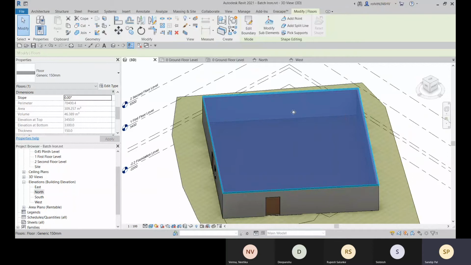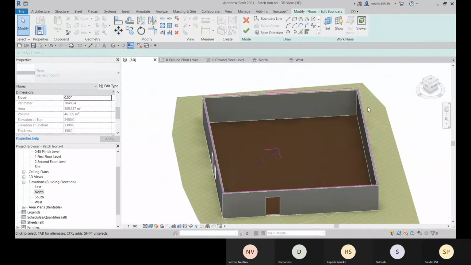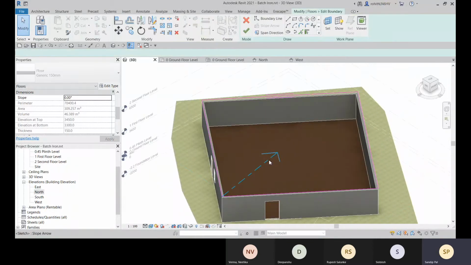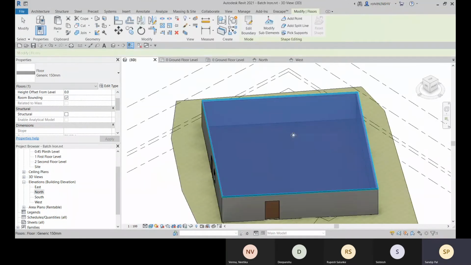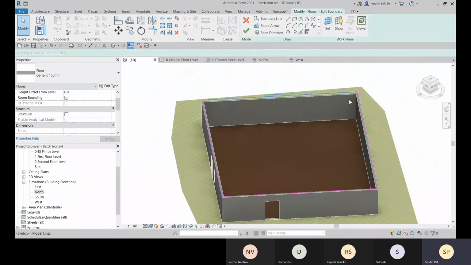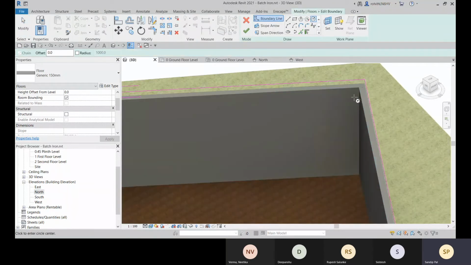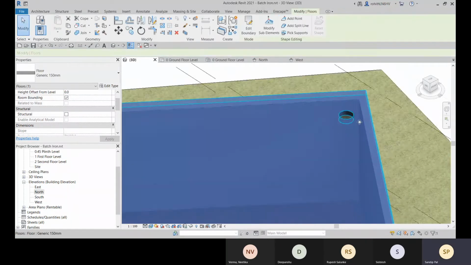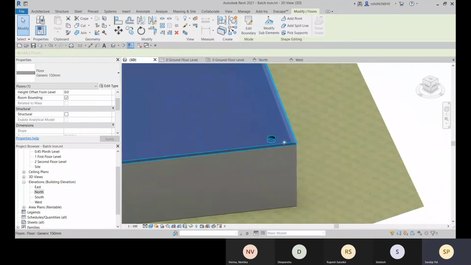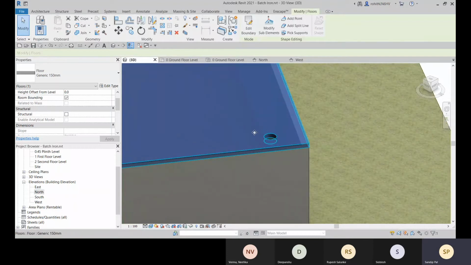Now, what I can do, I can go for edit boundary, and I can just delete this slope arrow. Without that slope arrow, I can have my floor. And for this edit boundary, I will add a hole over there for water passage. Let's create a hole over there. And done. Attach. That is created. Now near this hole, I need to create, I need to suppress, right? I need to suppress near this hole.